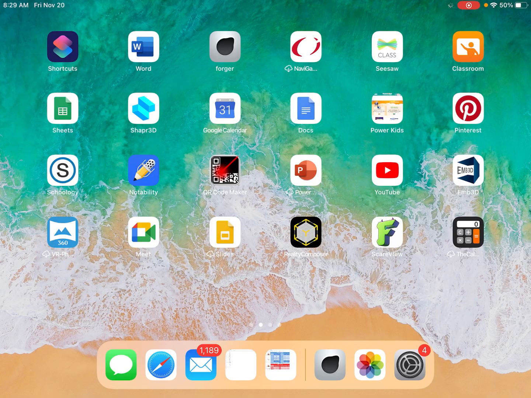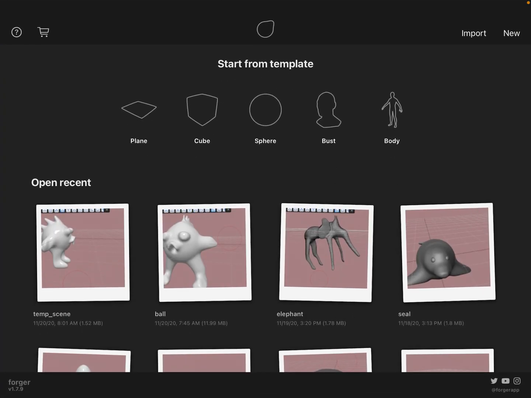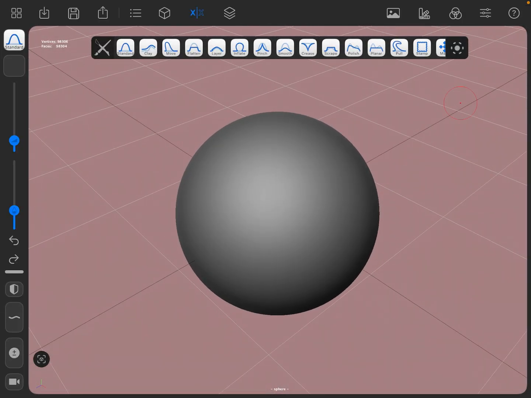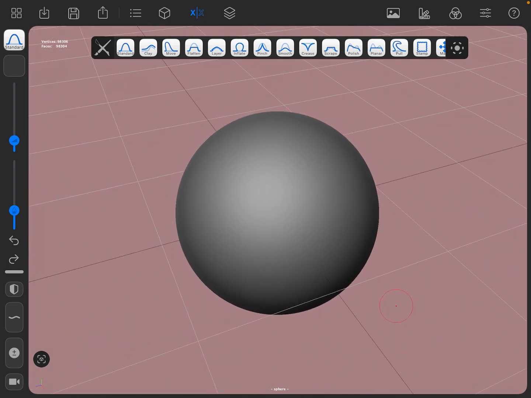Alright, so for this I'm going to update you on some of the newest options in Forger and what they look like. If you've been following along with previous videos and you have a newer version of the app, you may be confused as to what I've been talking about. So as you open Forger, you can start a new sphere,